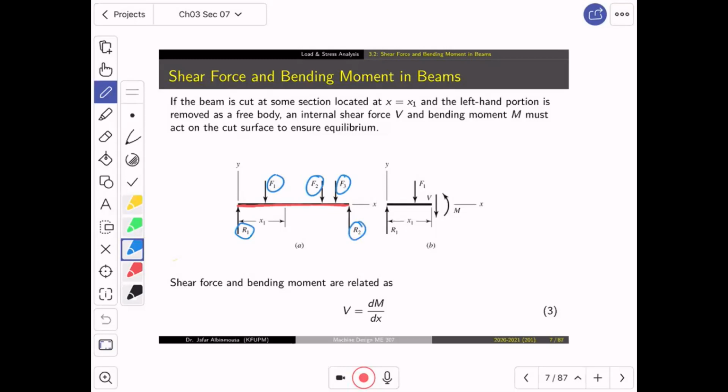Now, because the positions of these forces are all over the beam, every single point in the beam will feel something different. Every single point. Now, the question would be this. If you design something, ya akhwan, and you look only at one point, and there are millions of other points,